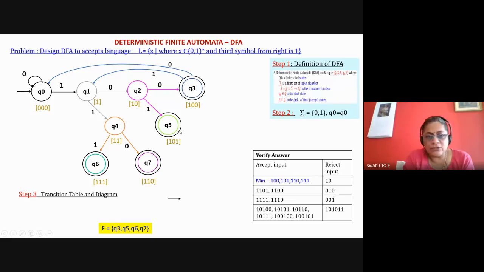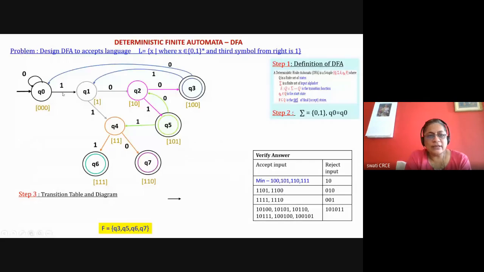Here, if it is 0, it is 1010. So it will go back here, because it is 1, 0 and 1. It will go to the final state. Or if it is 1, 0 and 0, it will go to the final state. So with 0, it will go back. Now if there is any 1 here, then it is becoming 0, 1, 1. Means last two digits are 1, 1. So it will go to Q4.